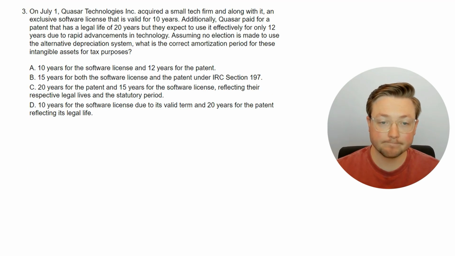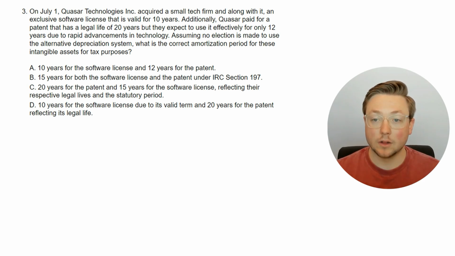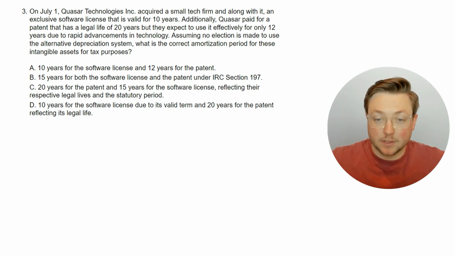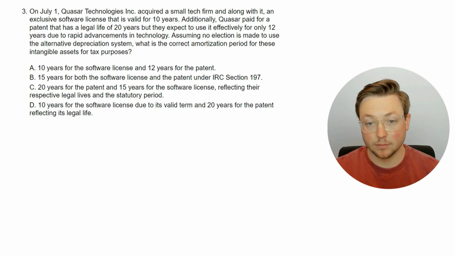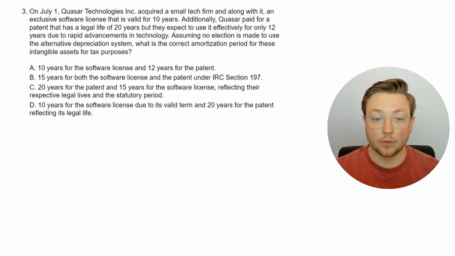Here's the next question. On July 1st, Kesar Technologies Inc. acquired a small tech firm and, along with it, an exclusive software license that is valid for 10 years. Additionally, Kesar paid for a patent that has a legal life of 20 years, but they expect to use it effectively for only 12 years due to rapid technological advancements. Assuming no election is made to use the alternative depreciation system, what is the correct amortization period for these intangible